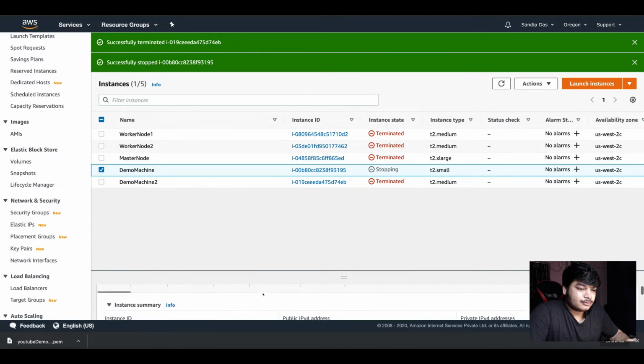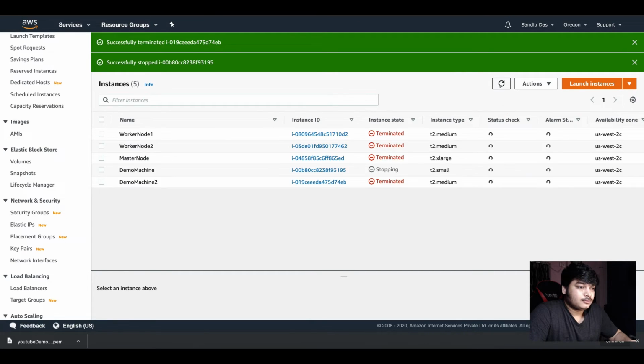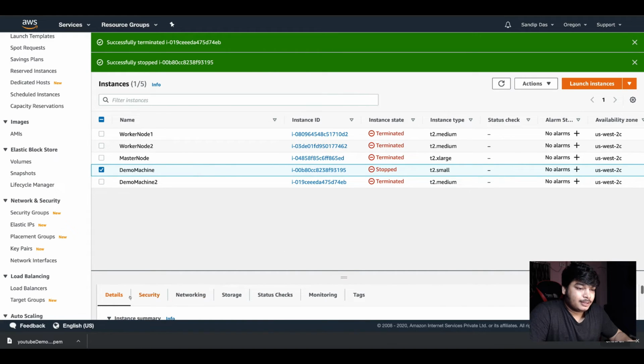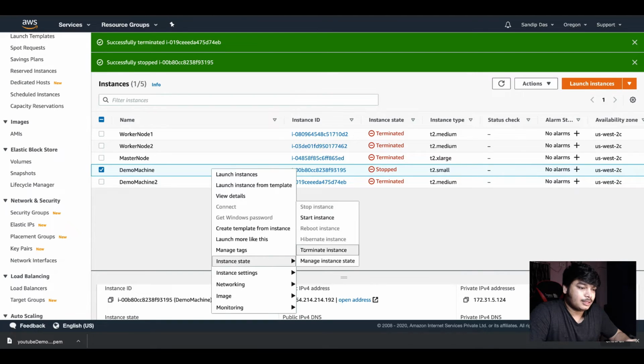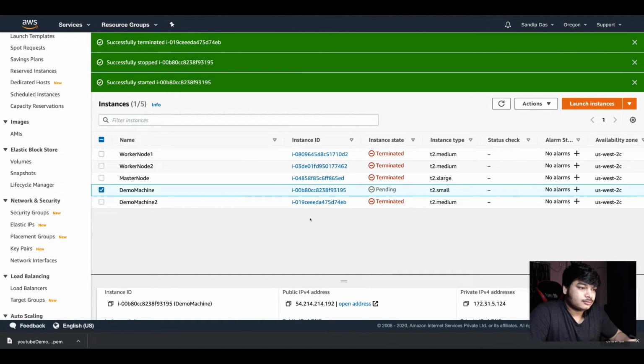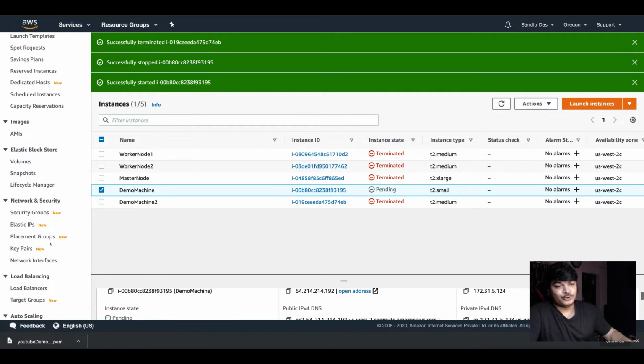So anyway, even if it's stopping, the IP will not change. Yeah, it's stopped now. But see, the IP is not getting changed. It's the same. You can start again and see the IP will be the same again. That's how to show you.